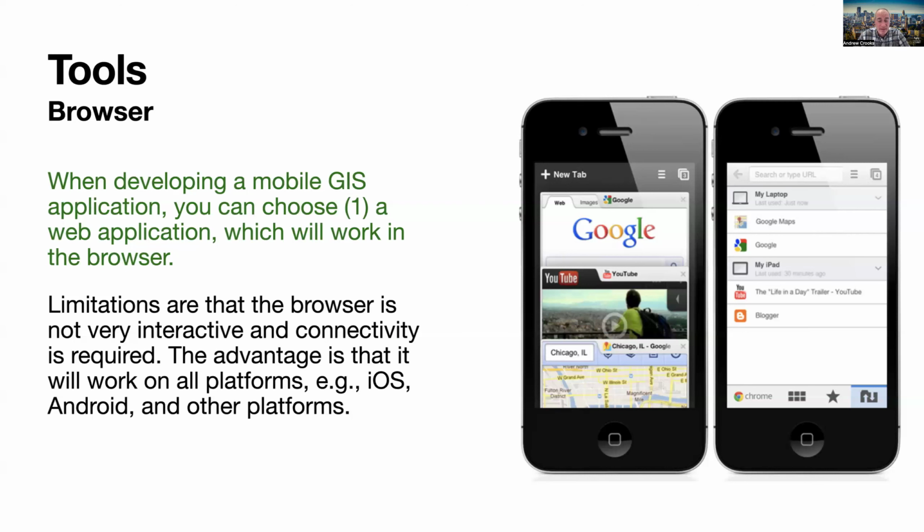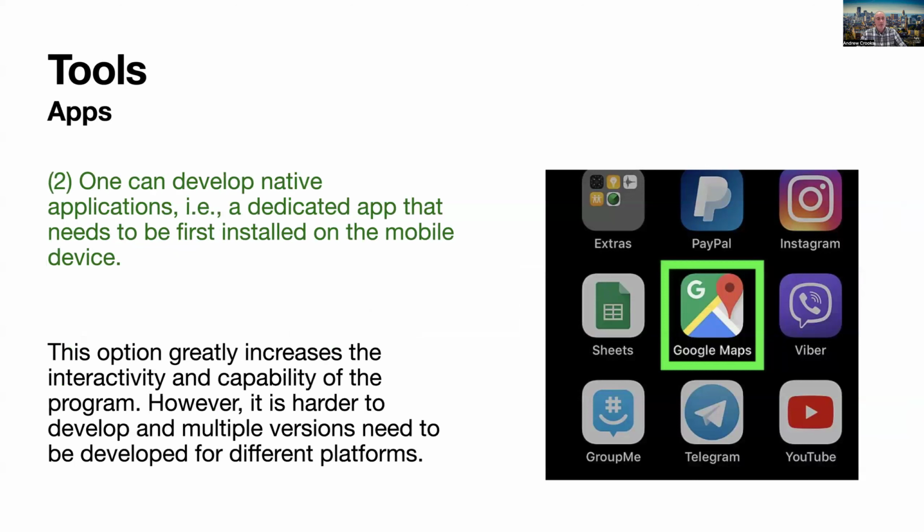So this is one way of connecting. The other alternative is bespoke apps. Apps like Google Maps, for example, are one of these. So instead of a browser, we can use an app. We can develop dedicated native apps for a specific thing that needs to be first installed on your mobile device. These options mean that the apps are designed for specific functionality, so that it increases interactivity and potentially capability. Downside of apps is that they are operating-system specific, so you have to develop an app